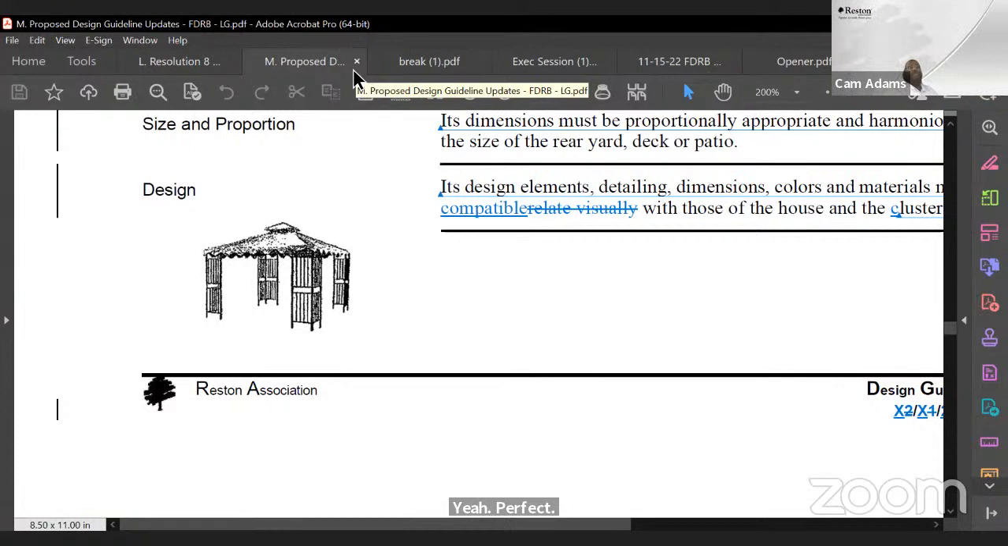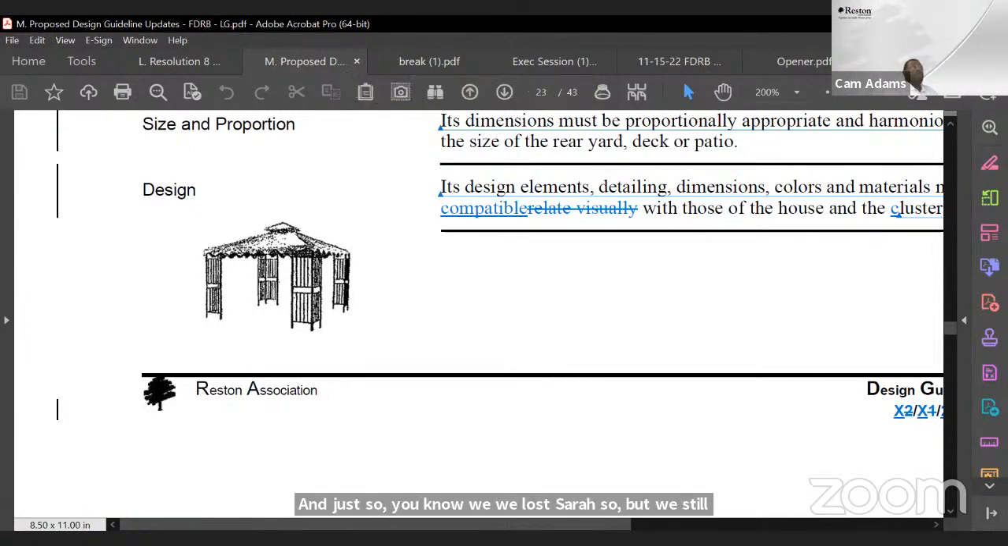Just so you know, we lost Sarah, but we still have quorum. Okay. Alrighty,